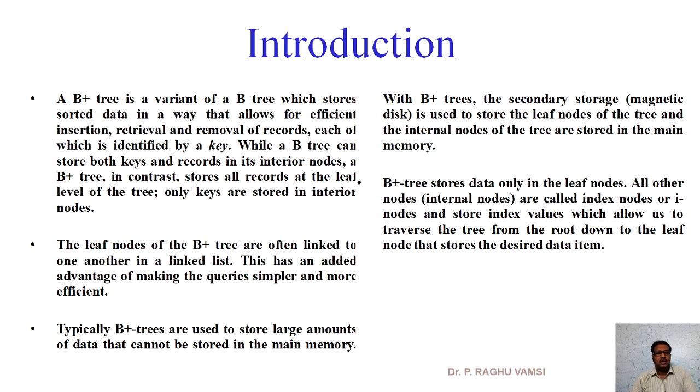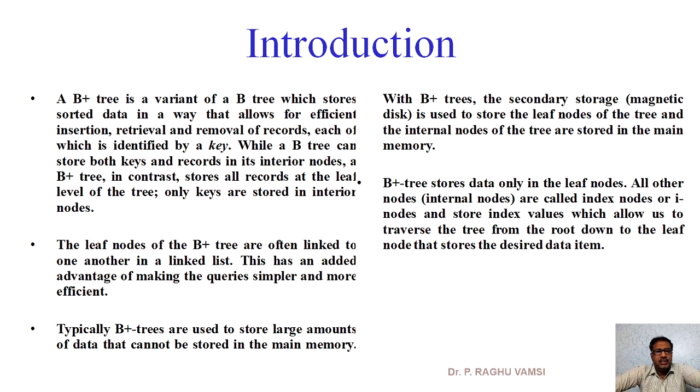Later on, the discovery of B plus trees changed the entire scenario, as ISAM is a static indexing technique, whereas B plus tree is a dynamic indexing technique. Dynamic means that as we want, we can insert elements, and as we don't want, we can delete elements, and the indexing will be automatically adjusted. Now we'll see the introduction to the B plus tree. Then we'll move on to how to insert elements into the B plus tree and how to delete an element from it.